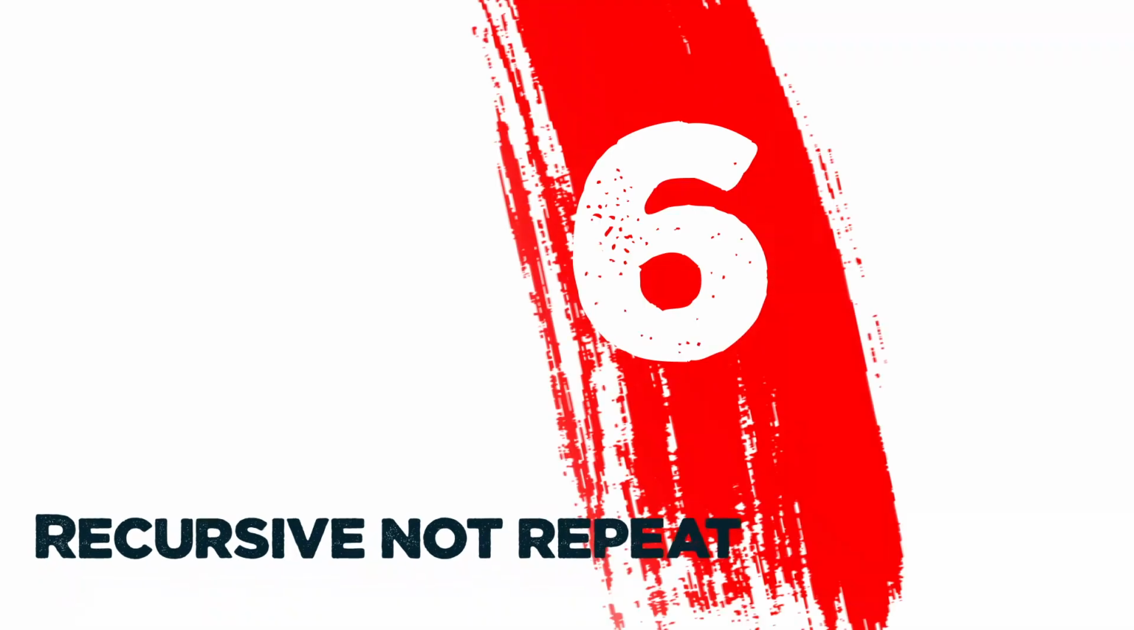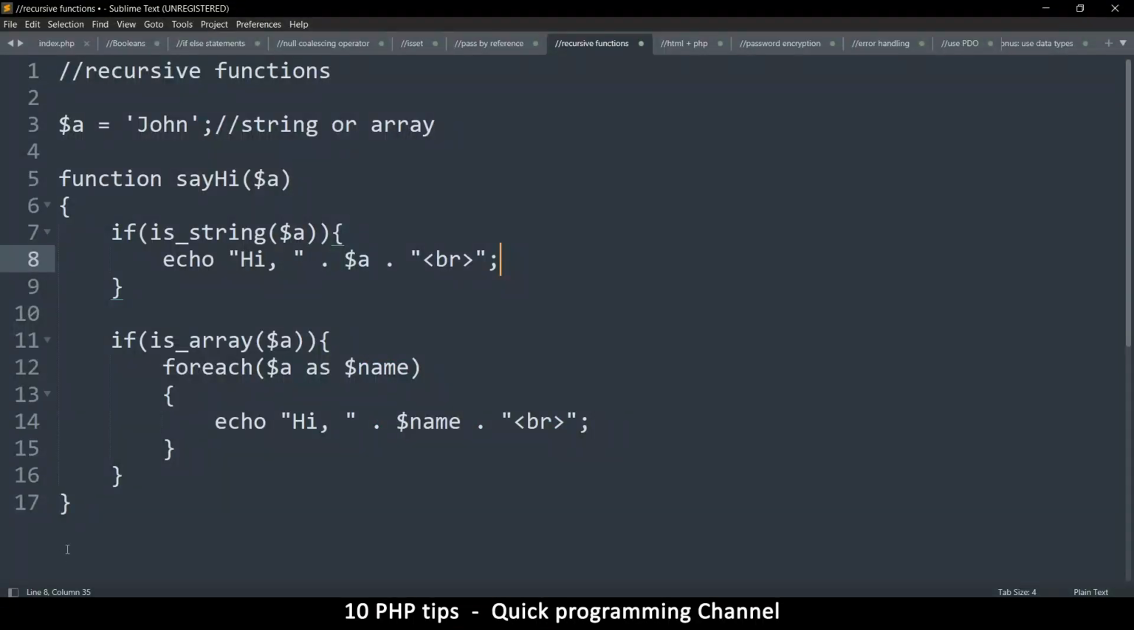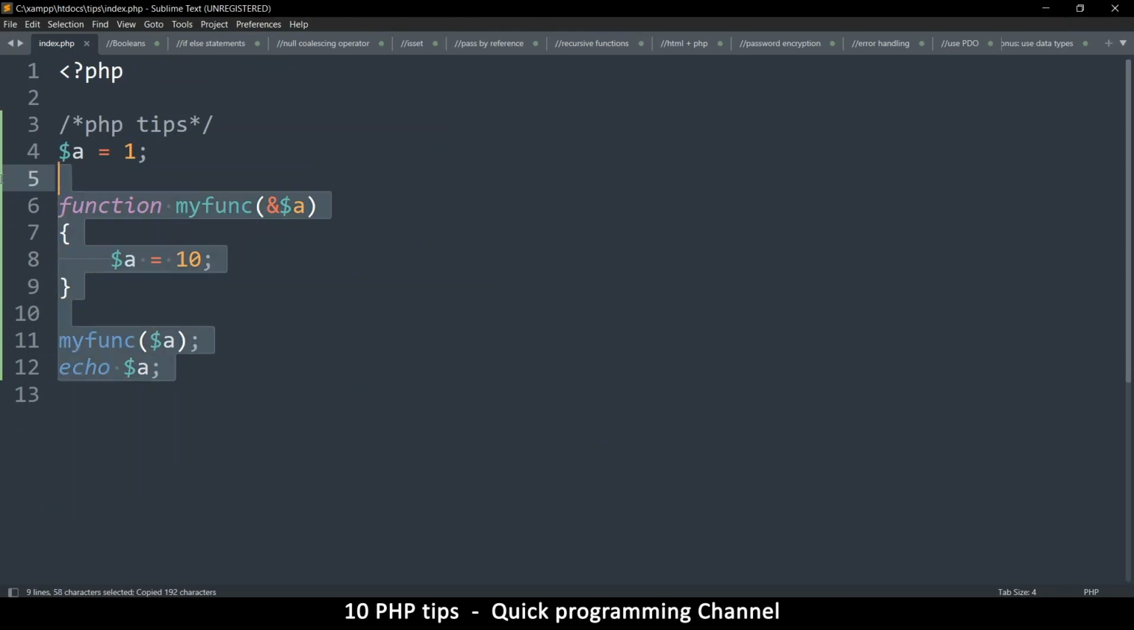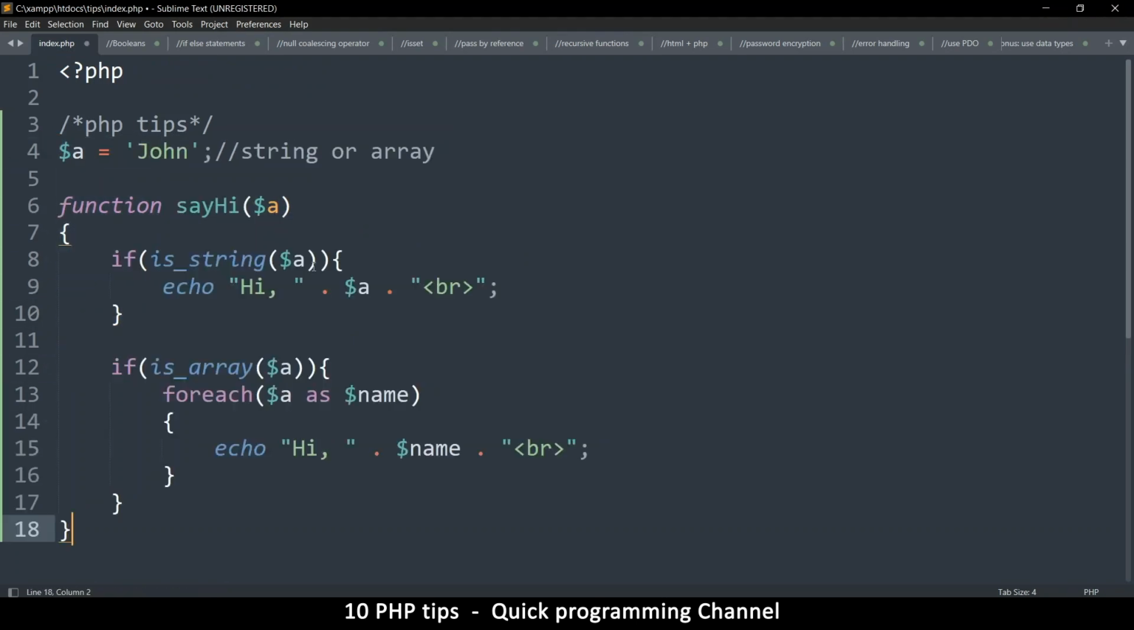Our next tip is a recursive function here. So let me show you what I mean. So instead of repeating code, you should use recursiveness. So let's try a simple example here of recursiveness. So here what's happening is that there is